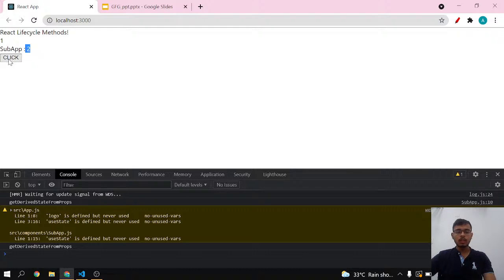Thus 2 is displayed. Similarly, on clicking again, the previous value was 1, so 1 was added to it, it becomes 2, and then again 2 gets multiplied by 2, so it becomes 4. And a similar thing is followed for any number that has been obtained by incrementing the previous counter value. And as we are updating our child counter to a value that is props.data into 2, it will obviously be a multiple of 2 of the counter value. So this is the logic